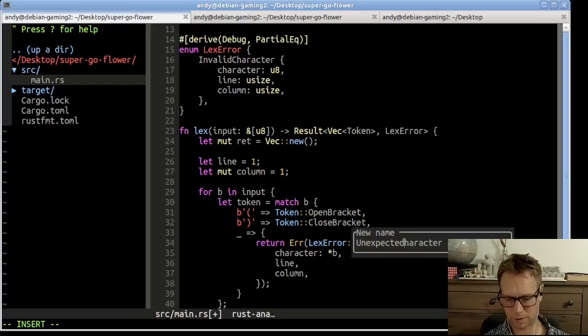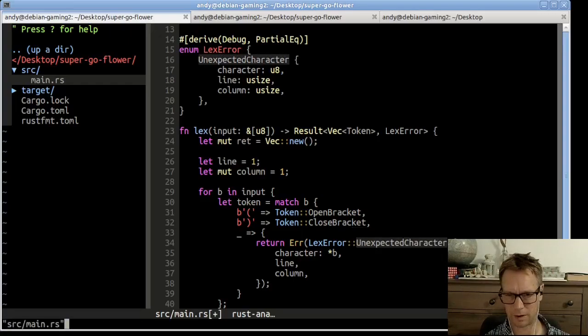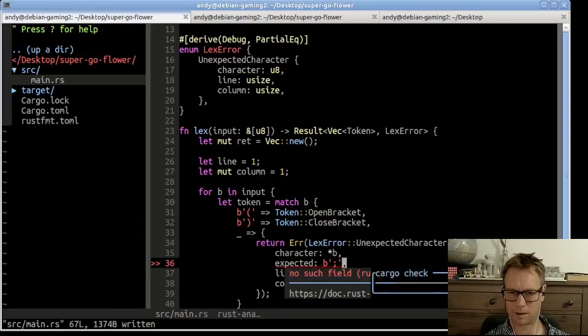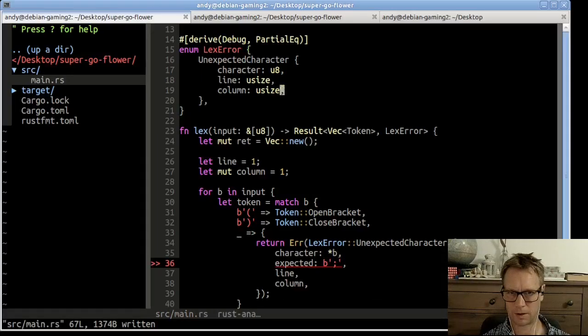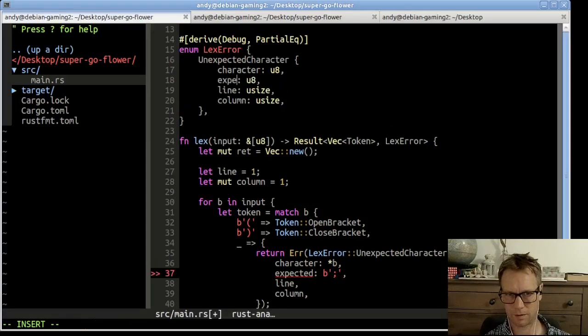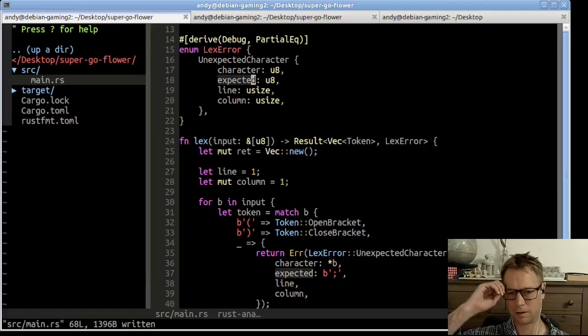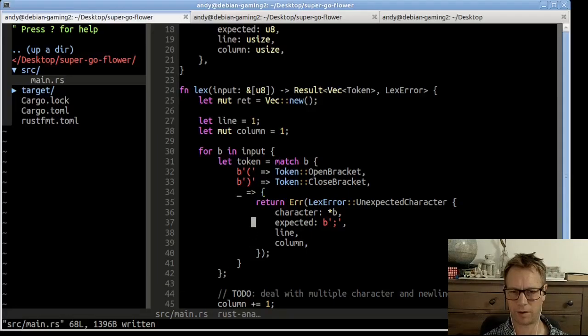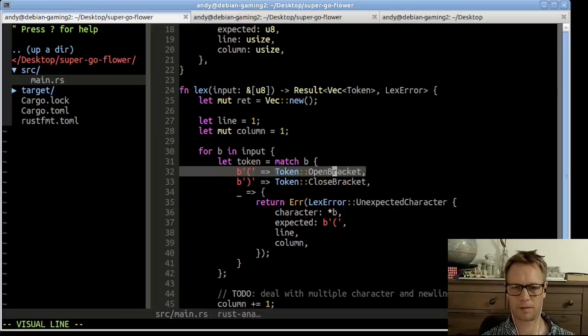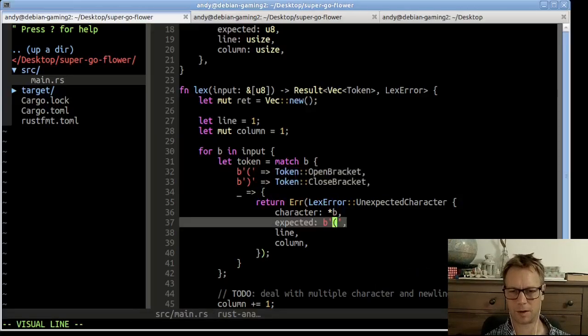Unexpected character. And actually we can say expected... should be semicolon, right? Because in this position, well, no, I tell you what, that's not really right. We expected open bracket in this situation. Yeah, that's rubbish. Okay. Now this isn't yet sensible, because